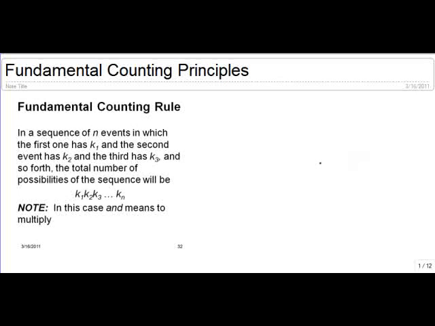In this video I would like to talk about the fundamental counting rule, and then from there I'd like to talk about another counting technique called permutations, and then from there I would like to talk about another counting technique called combinations, and then at the very end I would like to discuss how to compute probabilities using these fundamental